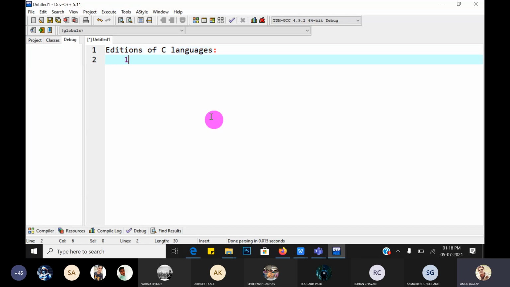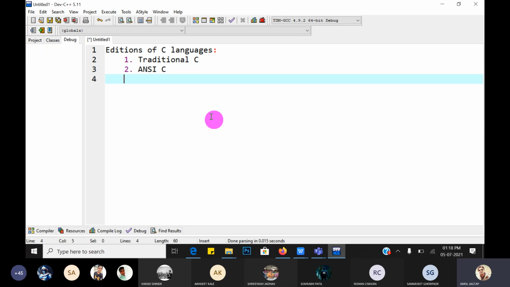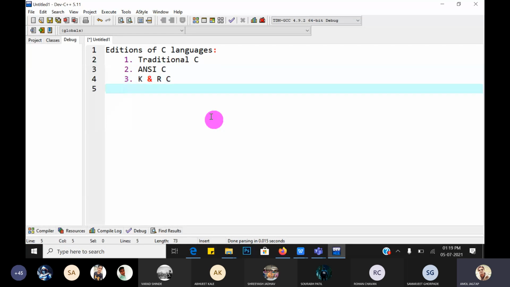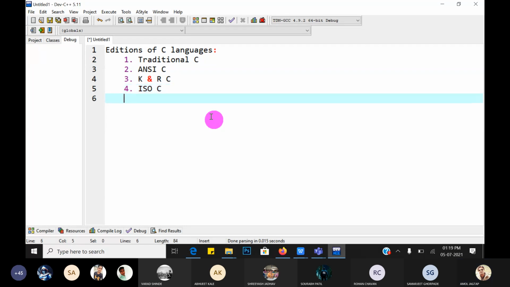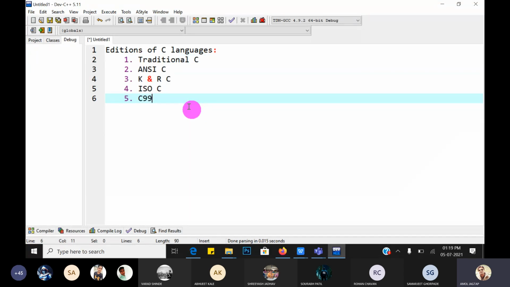There are different editions of C language: first, traditional C language, then ANSI C language, third, K&R C language, fourth, ISO C language, then C99. These are the different editions and versions of the C language.